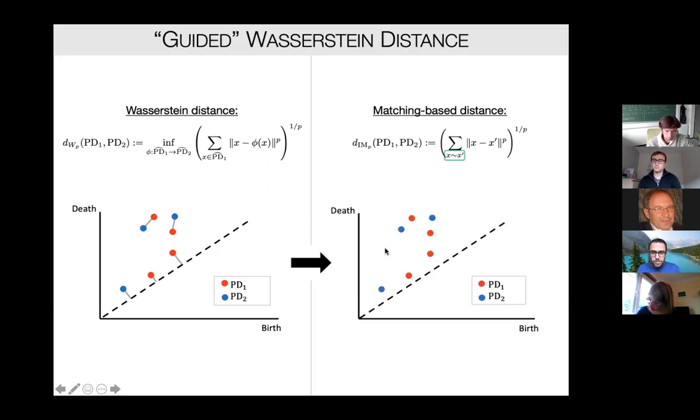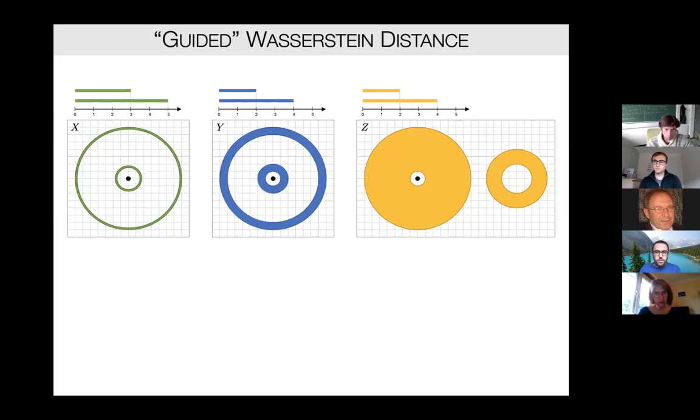Then, for example, if we take the same diagrams, but our algorithm shows that this blue and red cycle represent the same phenomenon as these two, then we're going to match them like that, even though the distance is much bigger. But that makes more sense because they represent the same phenomenon, at least according to our definition. That can give you a new way to compute distances between diagrams, and in some cases it might be more reliable. And if we go back to the example that I showed you before,